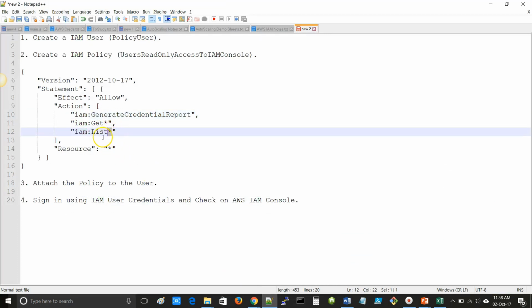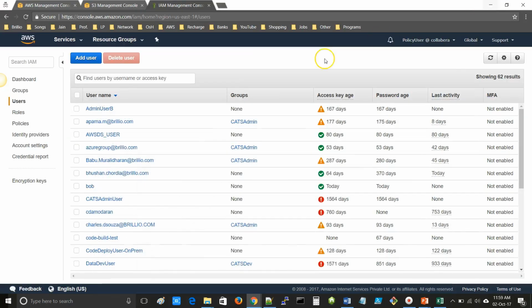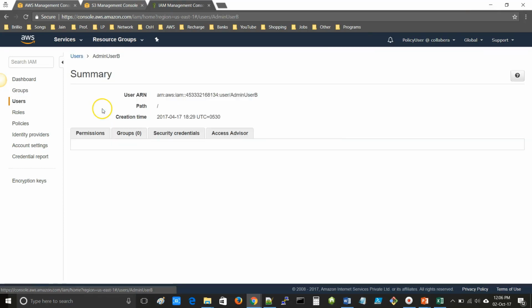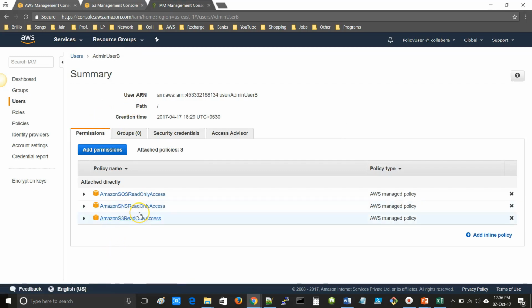Star means whatever comes starting with list. For example, list user, list policy. So I am able to list the user. So you can check any one of the user by clicking on user and you can get the details, for example, which permissions, which policy is attached to the user.